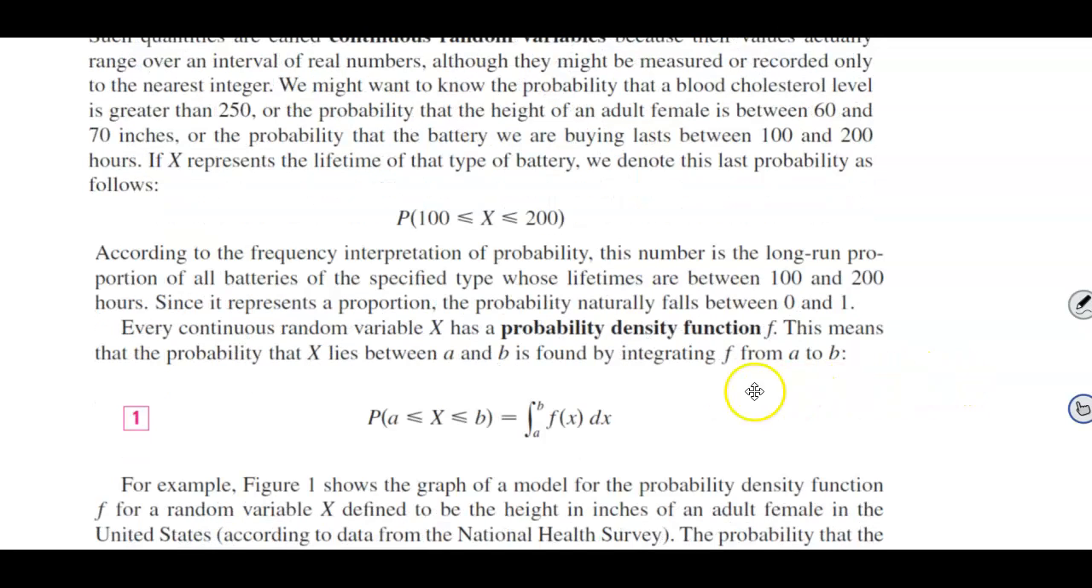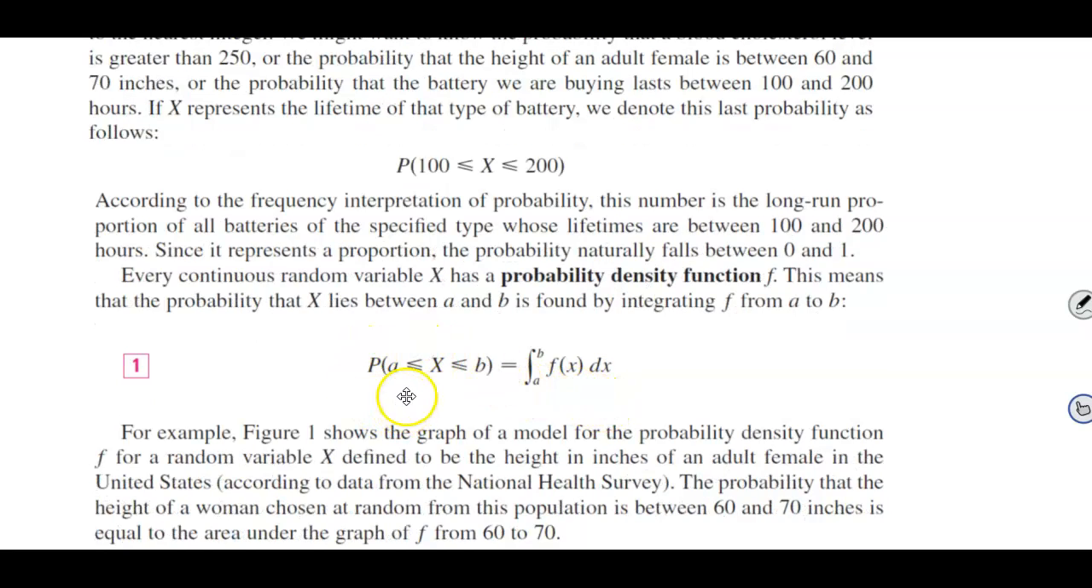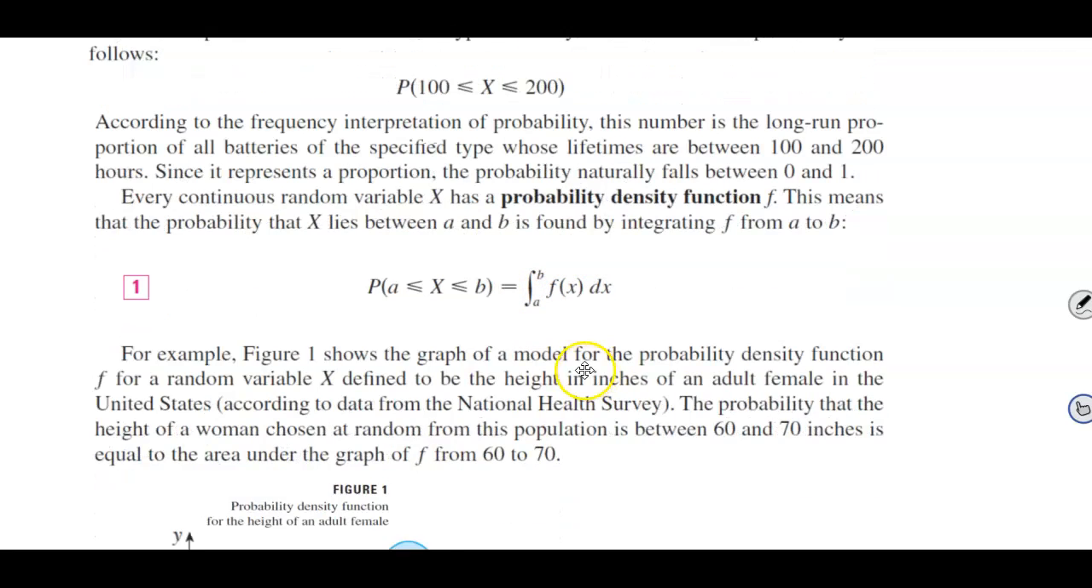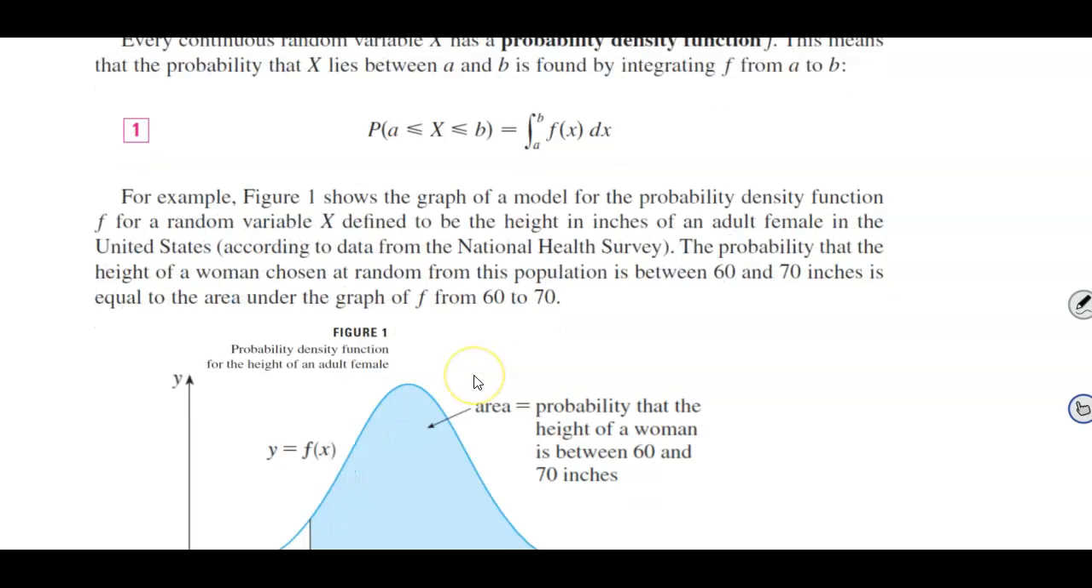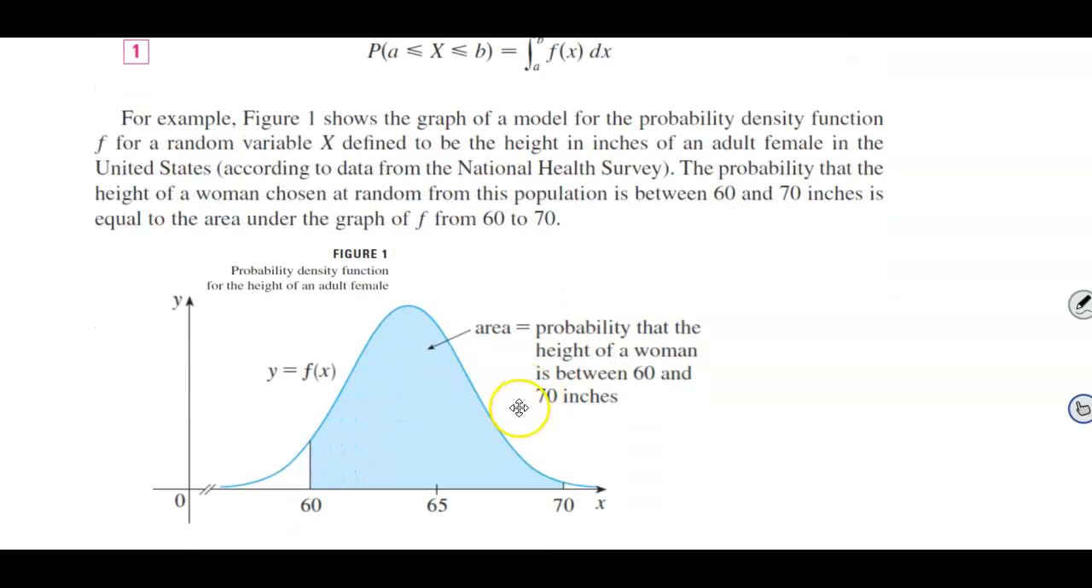Every continuous random variable X has a probability density function f. This means the probability that X lies between a and b is found by integrating f from a to b. So to find the probability that X is in between a and b, we take the integral from a to b of that function dx. So for example, if we look at figure 1, it shows the graph of a model